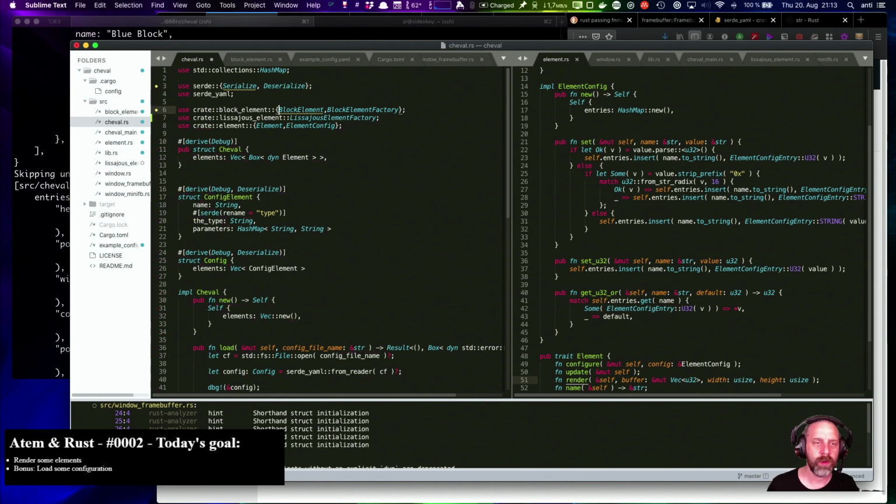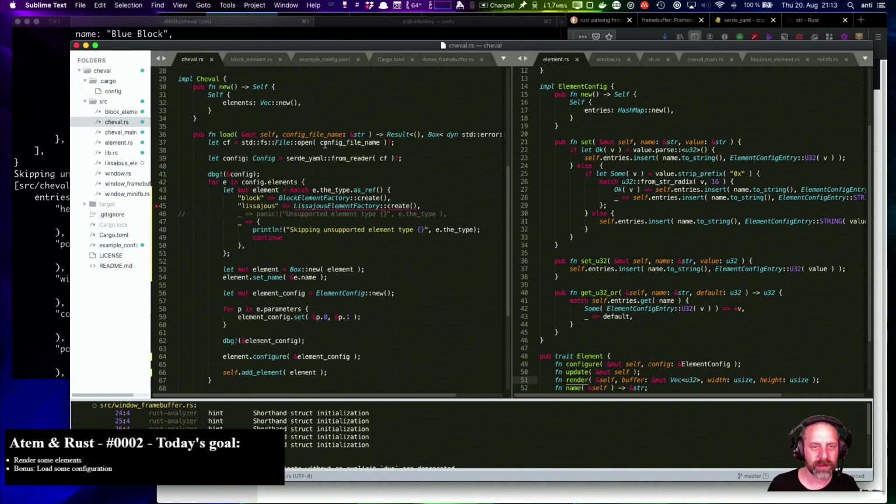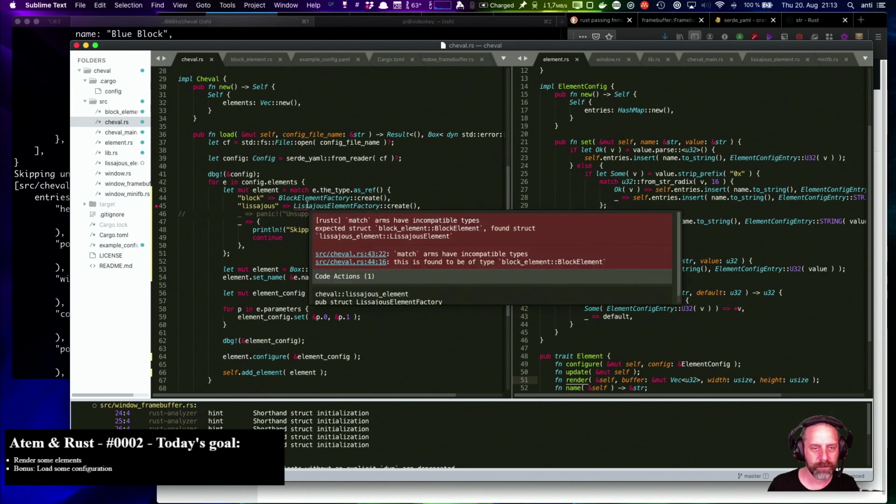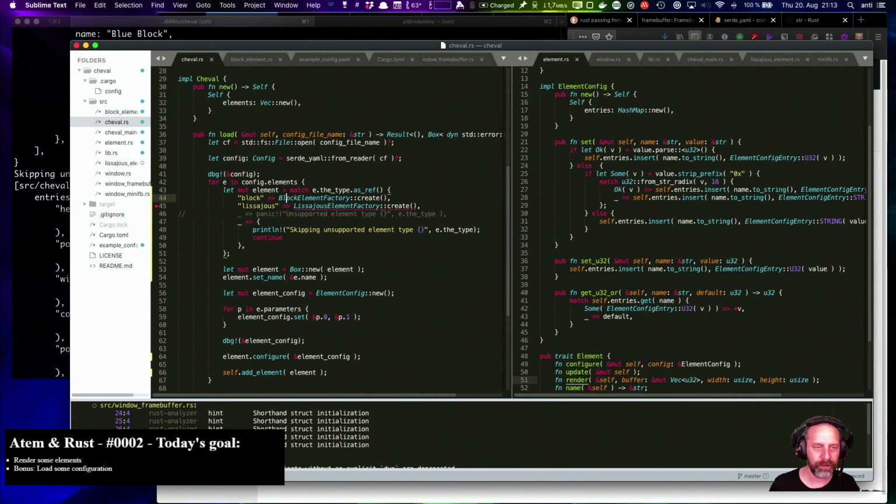Let's clean this up, because we don't need the specific type anymore, because we have the trait and they all behave the same. That's why we went through this boxing. Oh, obviously we have to box it here now, because otherwise